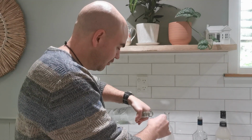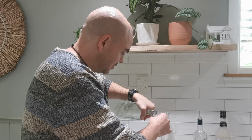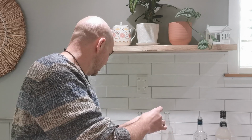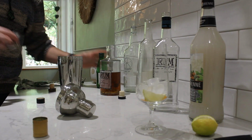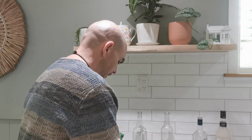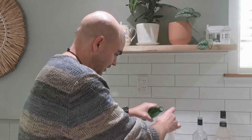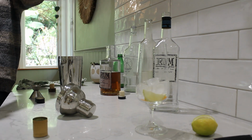You can get it orange. For some reason the blue stuff is cheap and the orange stuff is more expensive. It's effectively triple sec. So I made some Contrail a few months ago. I'm going to just add 1/2 ounce of that. 1/2 ounce of lime juice, because it is a tiki drink. You can't have it without any lime for some reason. And then 1/2 ounce of this